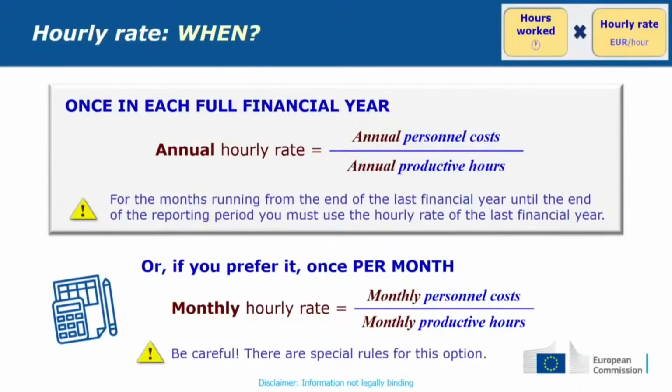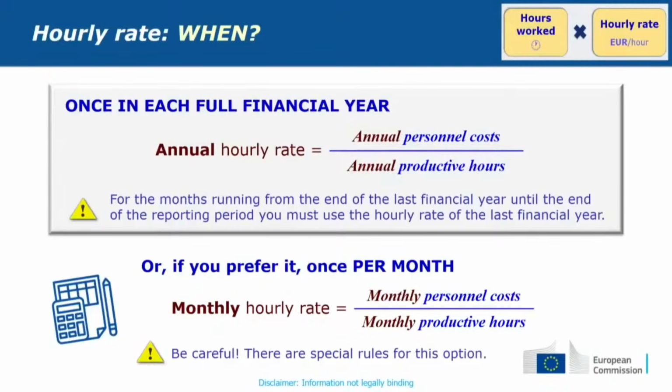So rather than doing for each person an hourly rate at the end of the year, you will do 12 hourly rates, one in each month, by dividing the monthly personal cost by the monthly productive hours. If you say, well, I don't care about all this additional administrative work because of the monthly calculations, I insist on 12 rather than 1 in a year,